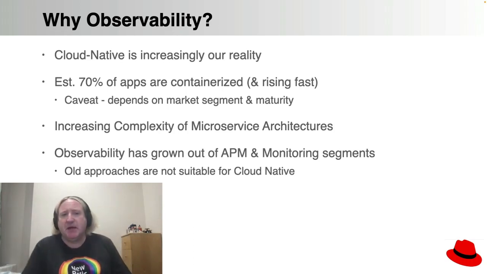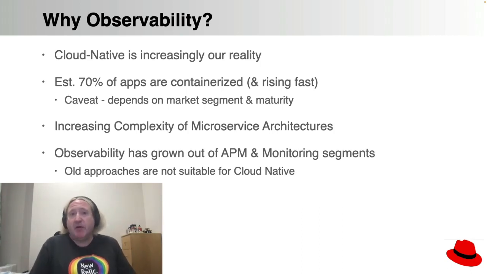Okay, so why has this happened? Well, because observability really helps solve a problem which exists in other architectures, but it's particularly apparent in cloud native. And that's an increasing complexity. We see this with things like microservices. We see it with certain other aspects of cloud native architectures as well, which is that because there's just more stuff in a cloud native architecture, and more services, there's all kinds of new technologies. The traditional APM, application performance monitoring, that's what APM stands for, those types of approaches just aren't really as suitable for cloud native. So we need to do something new and something which is more suitable.